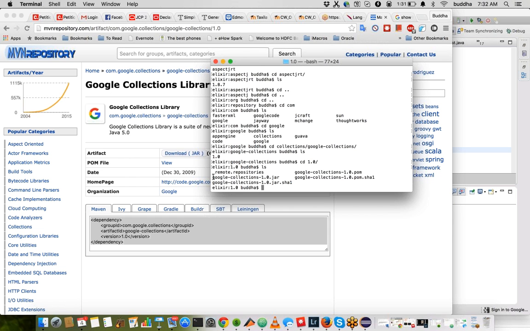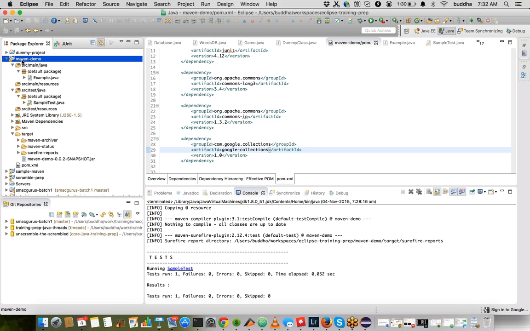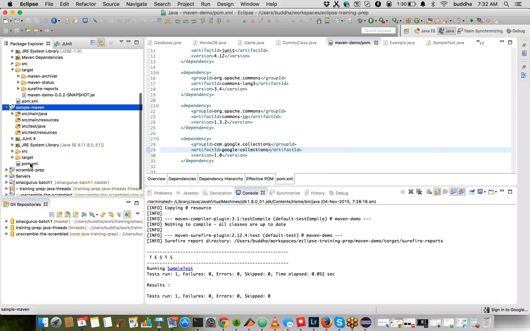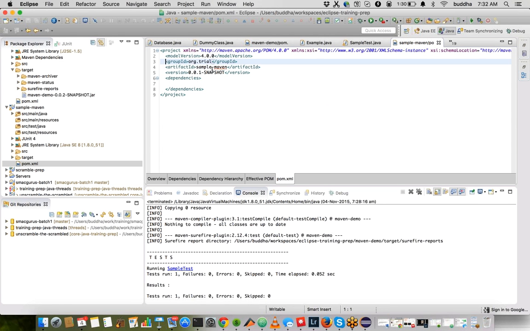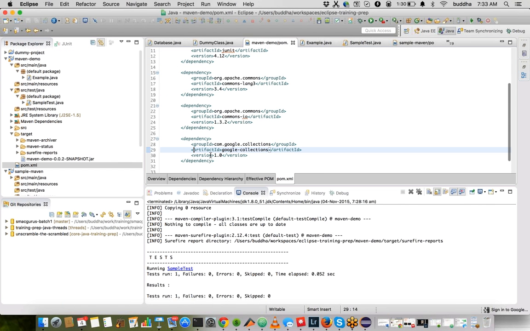You don't have to export it as a jar file and then upload it somewhere. All those things are not necessary. Even in my Eclipse, I have another project called sample maven, right? I can simply copy that particular pom.xml's version id and all. If you see, I have this version id, group id and all, right? Control C. Now if I go to this pom.xml,